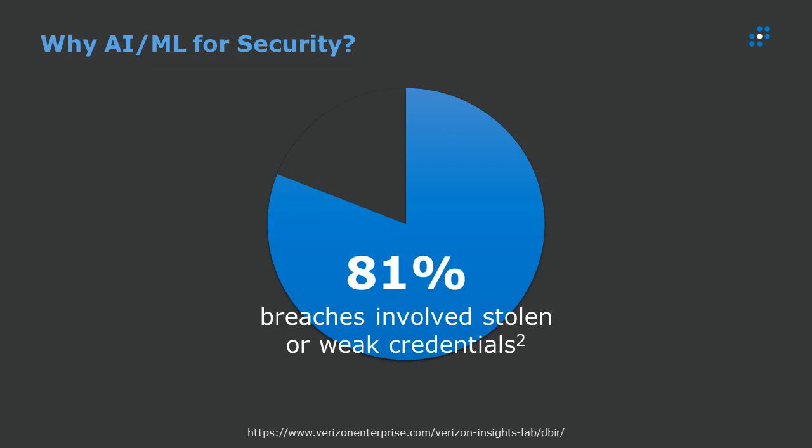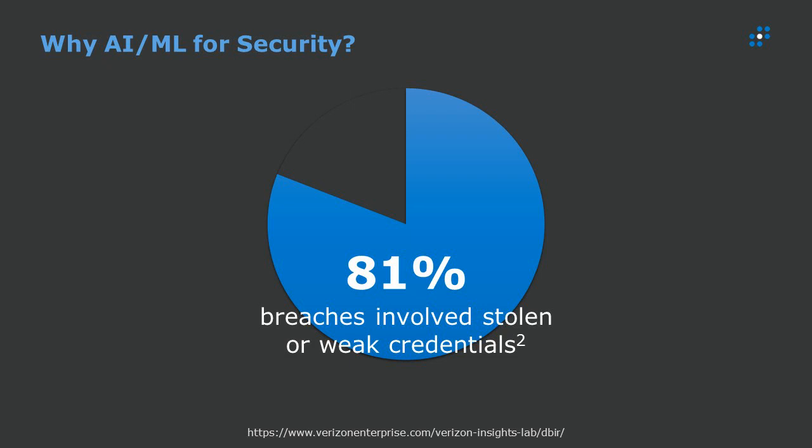Just moving on here, 81% of breaches in the last year involve stolen or weak credentials. And this is really kind of to the same point. If you've got valid credentials in an environment, on a rules-based system, how do you capture unusual behavior? To some extent, maybe if you start creating some new accounts, you start deleting a lot of data or things like that, maybe that's detectable, but subtle changes in behavior because someone different is using the credentials, that's much more difficult to detect in that way.